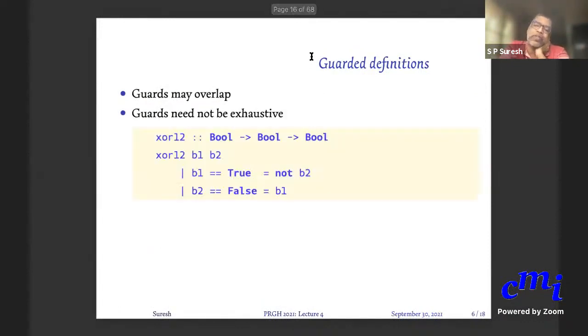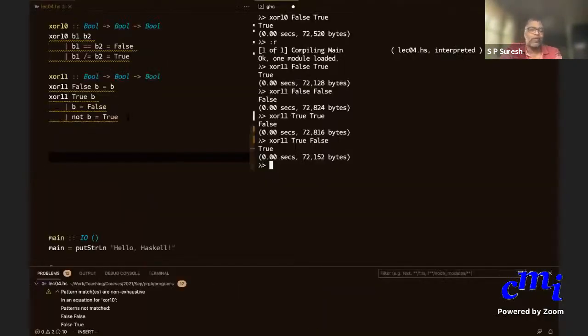Guards may overlap. For instance, see this is an example. XOR 12 of B1 B2. If B1 is true, then you are saying not B2. If B2 is false, then you are saying B1. Okay, so let me write it for you.